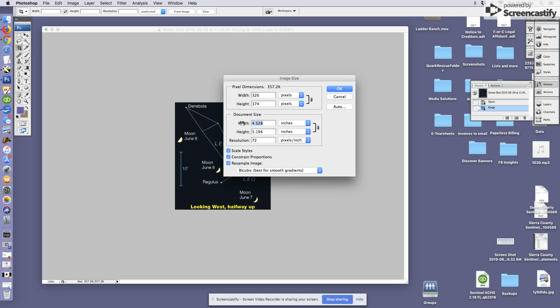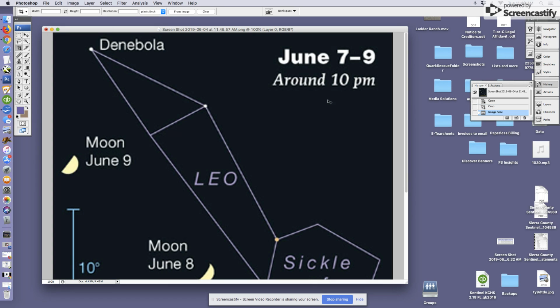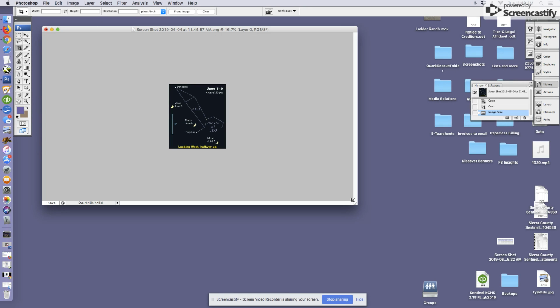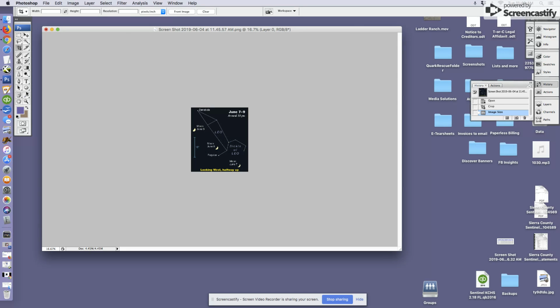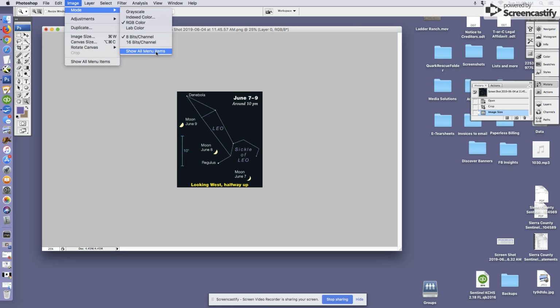This is going to be a 2x, so that's 3.88, and resolution for all photo editing is always 300. We're going to push OK. To zoom in and out, that one does it kind of differently, you would just click over here on the zoom button, that's plus, and if you need to zoom out, you'll push the zoom out up here. So from here, we're going to do our editing, which is mode, show all menus,